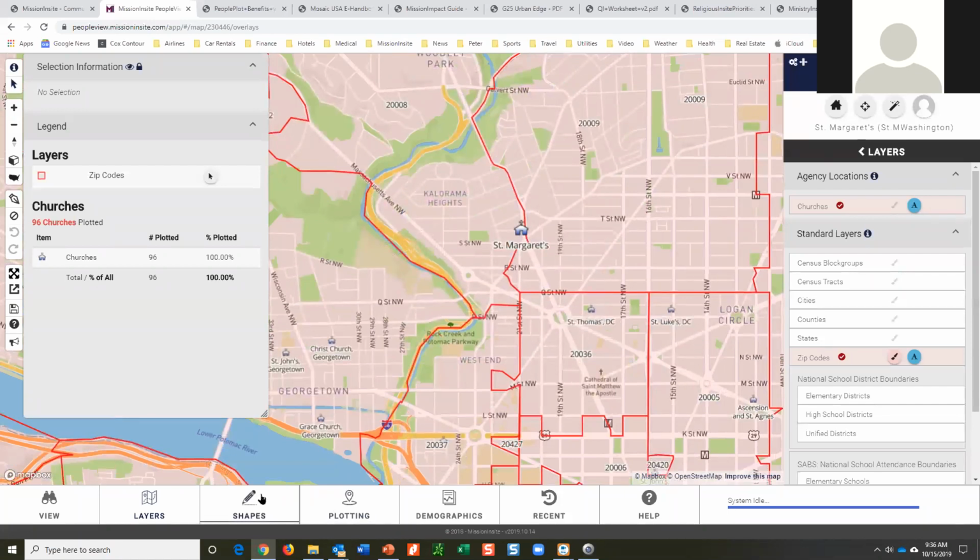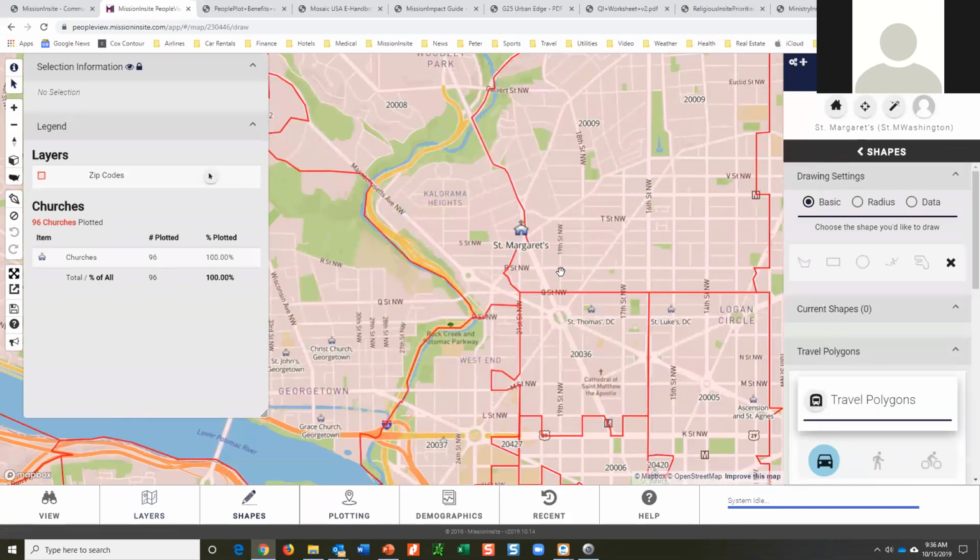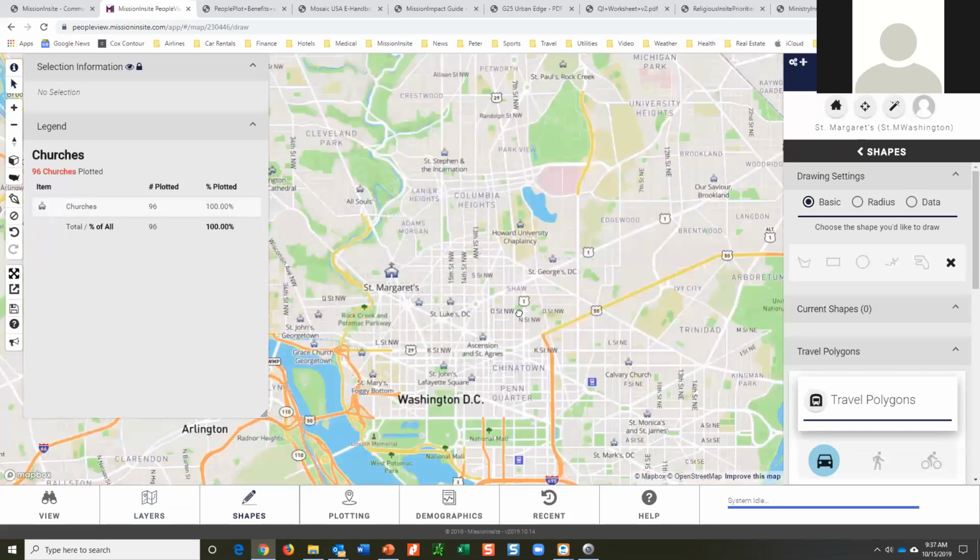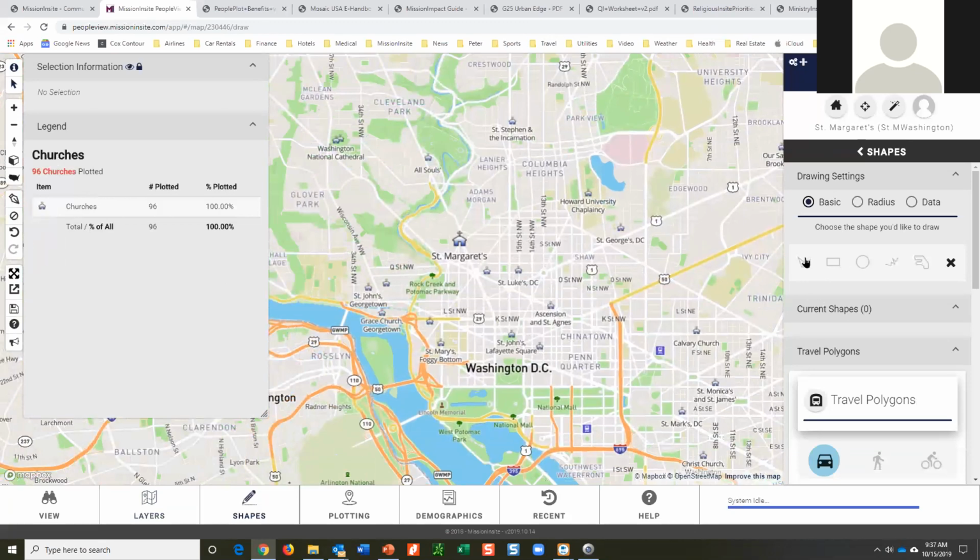And so now I can go to my shapes. I can say, I don't want that. And if I want to remove those boundaries, all I do is come over here and there's a little clear map, where I can now clear shapes. These are all different selections. So I'm going to clear my map. There we go. And now I've gotten rid of that, and I'm going to say, I want to draw a custom shape.